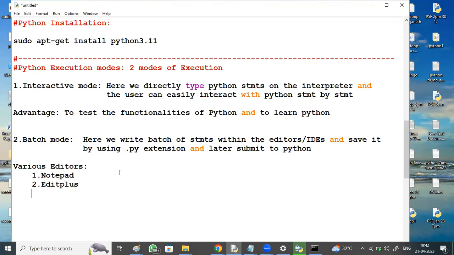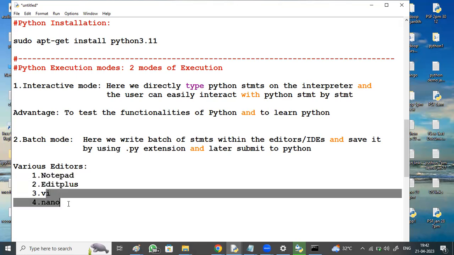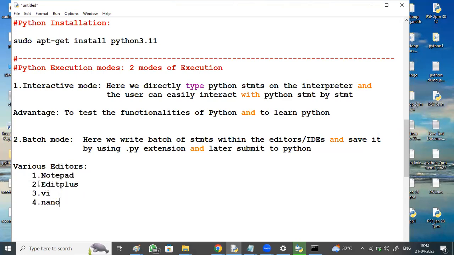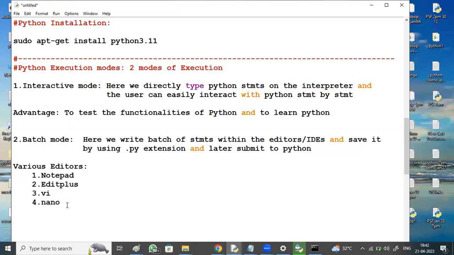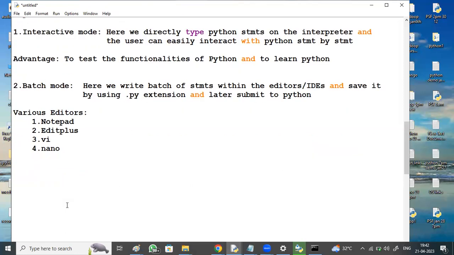So these two are for the Windows environment. For the Linux environment, we have vi and nano editors. These two are for Linux. For writing Python code, we use these editors, create .py files, and later submit them to Python.